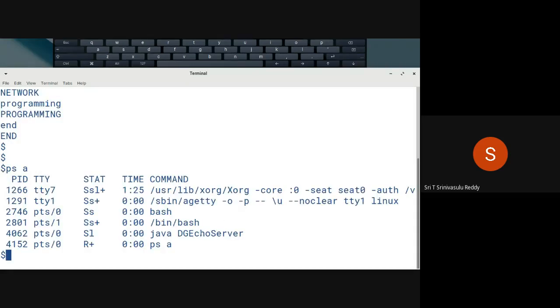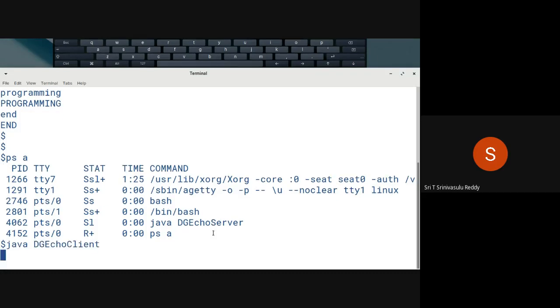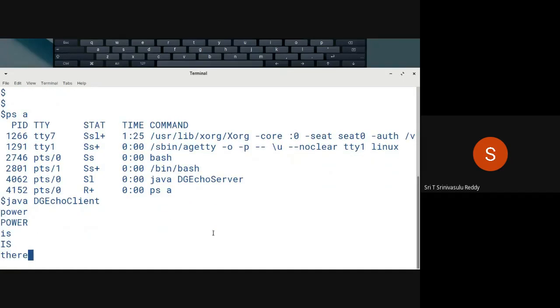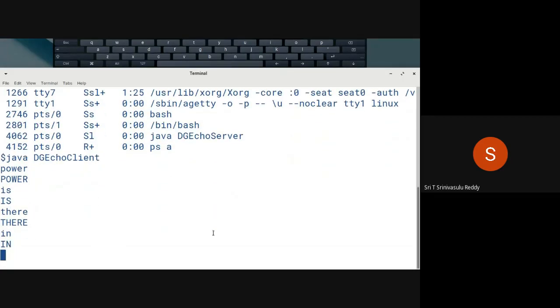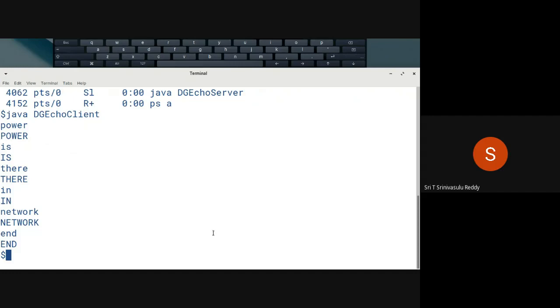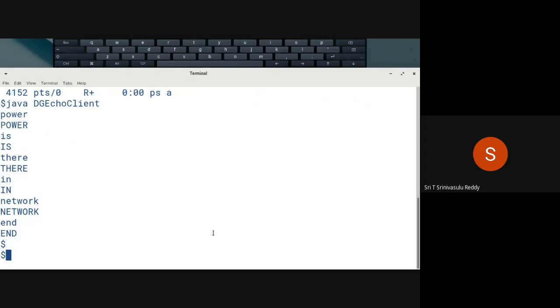If you want, you can run the client once again. So the server is forever ready to serve the purpose. So power is there in network, something like that. So it goes on in this particular manner. It is a very simple program.